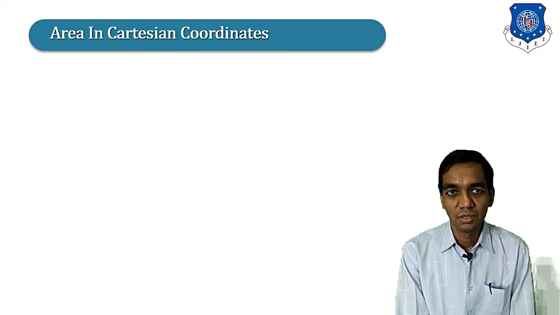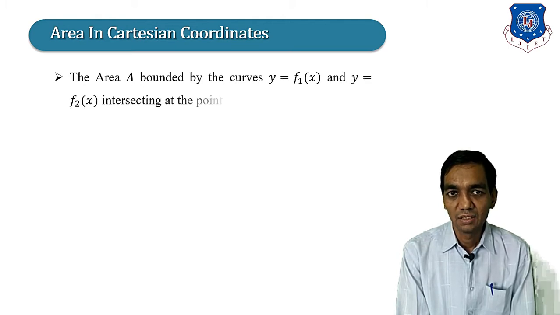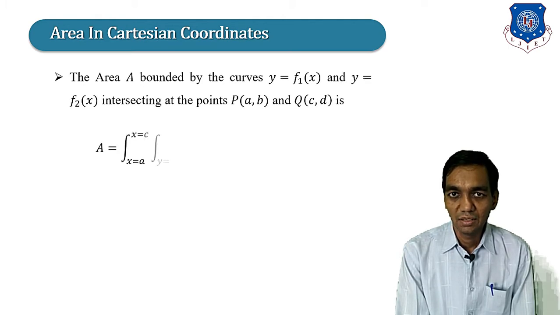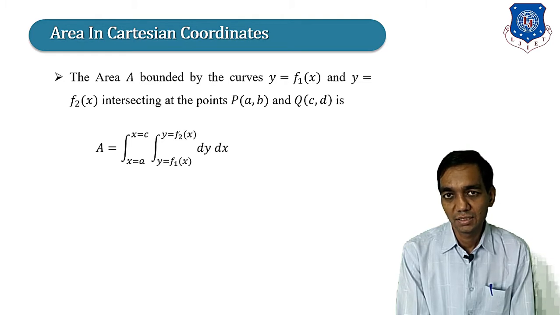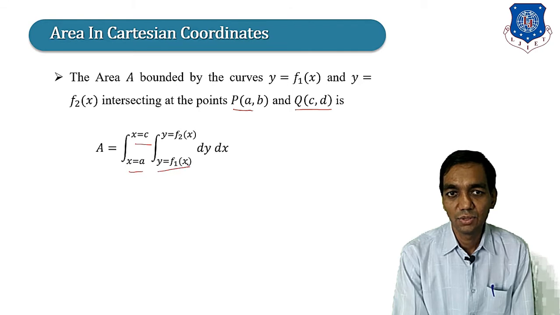Now first of all, we are starting with area in Cartesian coordinates. The area A bounded by the curves y = f1(x) and y = f2(x) intersecting at points P(a, b) and Q(c, d) is given by the integration from x = a to x = c and y = f1(x) to y = f2(x)